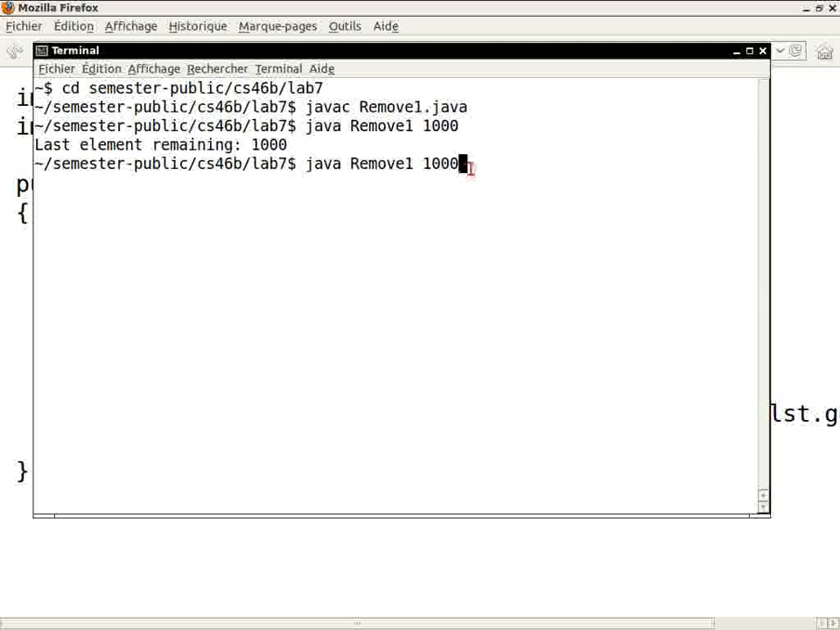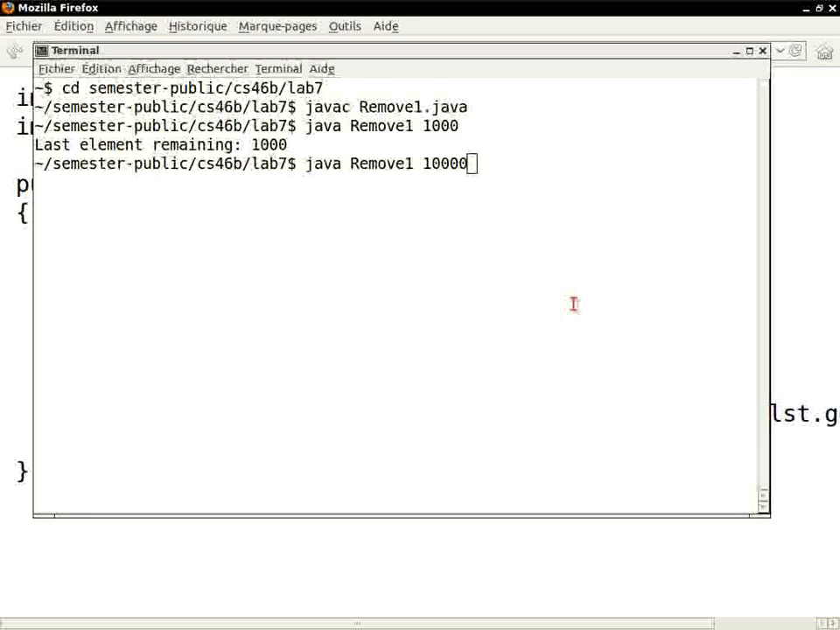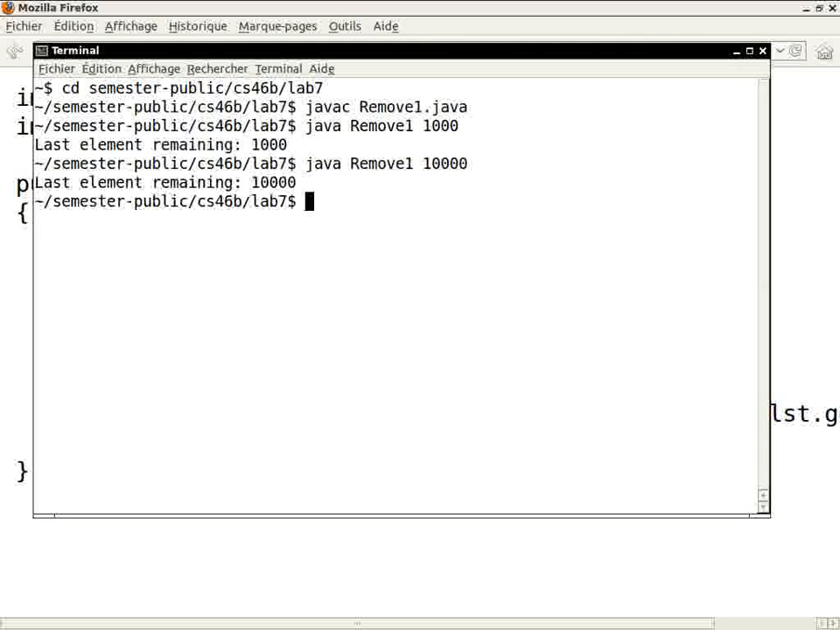Notice that I specify the length of the array on the command line. I just type it in here. Then that means it ends up in the args array, and then args[0] is that string. I need to convert the string into an integer. I do that here. So let's do it with 10,000,